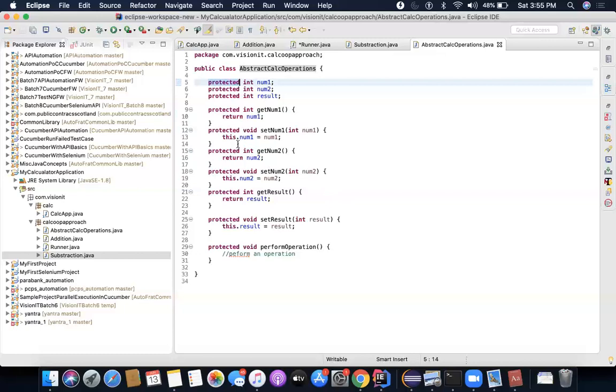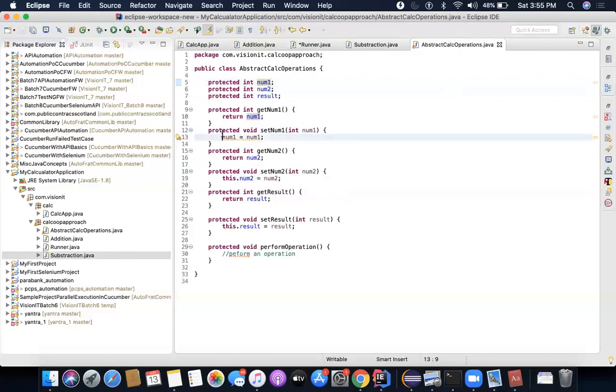All right. Let me give another explanation of why I'm using this here. You see, there's a variable called num here, and there is a variable called num here. Now what do I mean by num equal to num1? There can be confusion because the name of the parameter is also the name of the variable present inside the class.